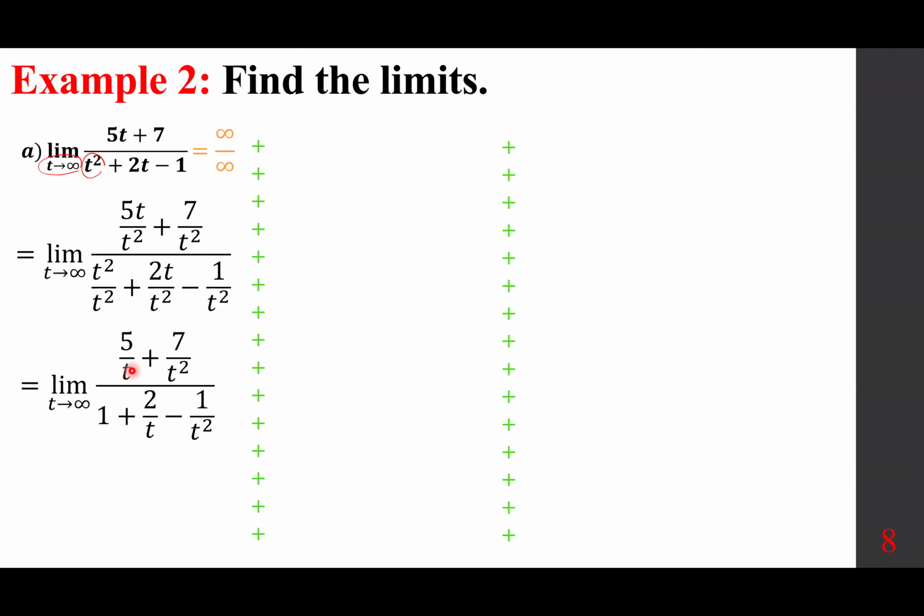Because t is approaching infinity, this goes to 0, this goes to 0, this goes to 0, this goes to 0, but 1 remains. And I want you to see that we have 0 plus 0 over 1 plus 0 minus 0, meaning you have 0 over 1, which is 0. The reason I want to write it in this fashion is because I don't want anybody to mix it up with 0 over 0, because if it is the case, that is indeterminate. So the answer is